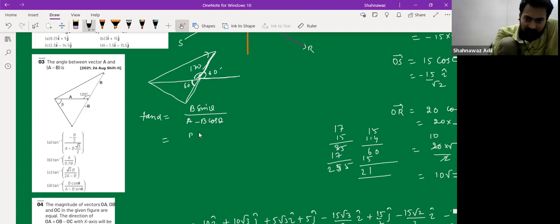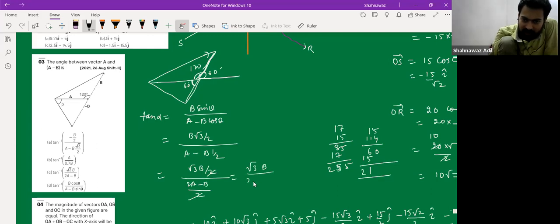So this is b root 3 by 2 by a minus b cos 60, which is half, right? So this would be how much? Root 3b by 2 by 2a minus b by 2. So this is a more simple question. It directly came out from the subtraction of vectors, right? So the angle between vector A and A minus B. So A minus B is this, and the